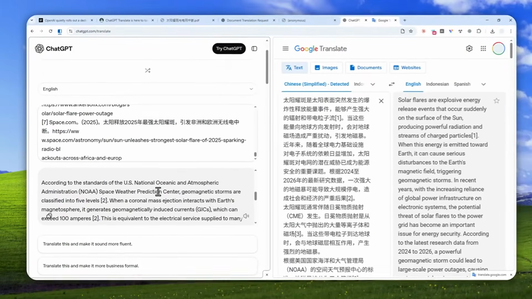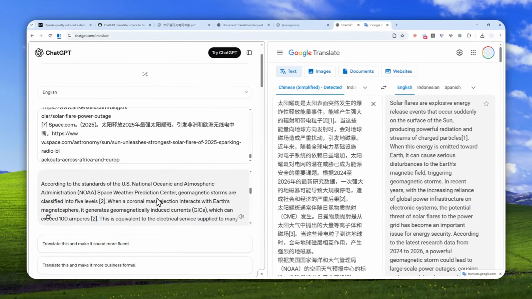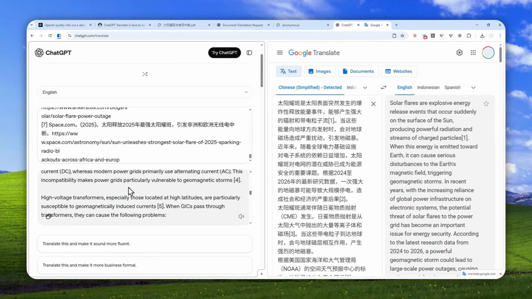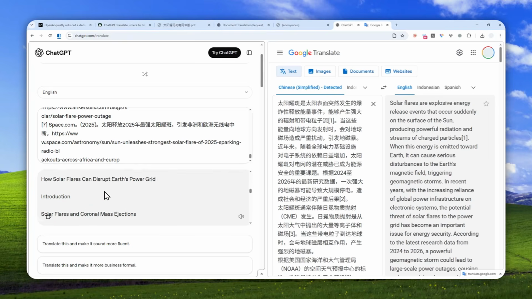Now, I believe it is slower because it is using AI models to translate the content. So perhaps the benefit of using that technique is the translation is going to be more culturally sensitive. It's able to understand idioms in different languages or countries, and therefore perhaps the translation is going to be more